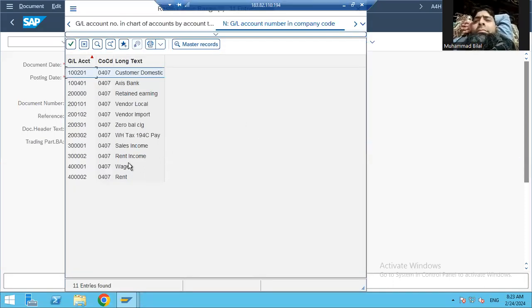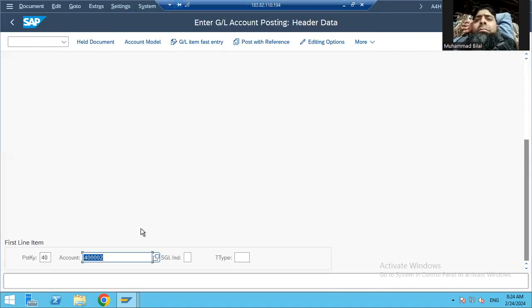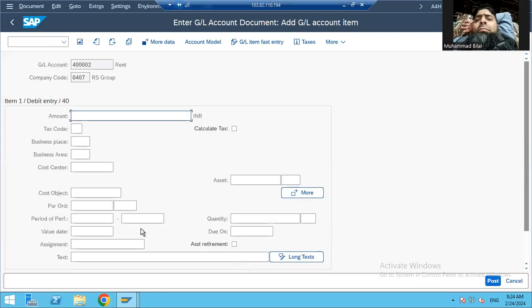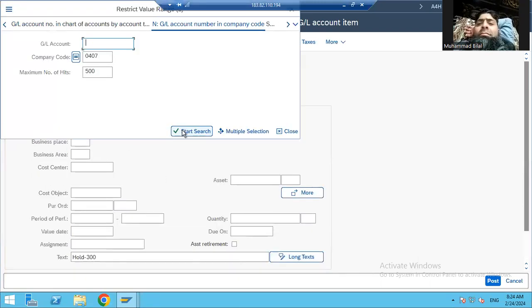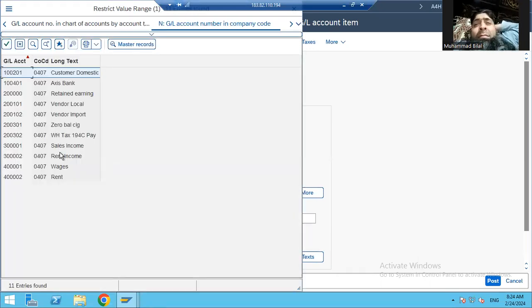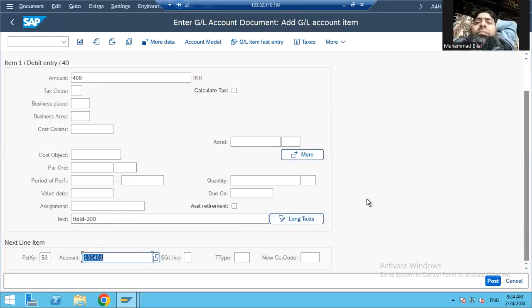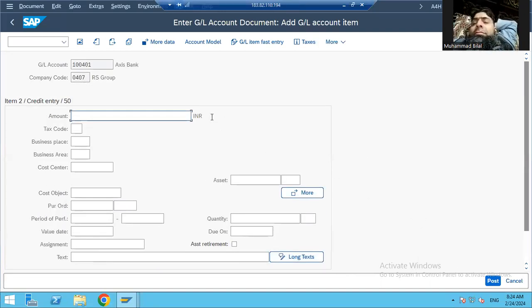Okay. Wages, rent, let's say 402, enter, and 300. 50 is credit entry. Axis Bank, and enter, star,